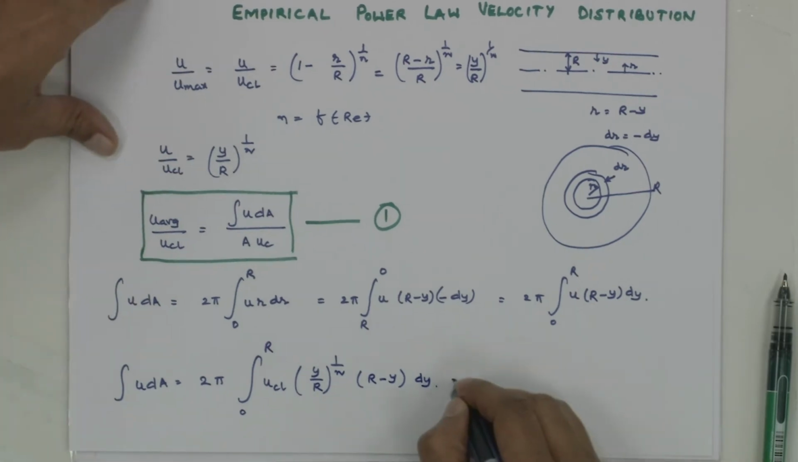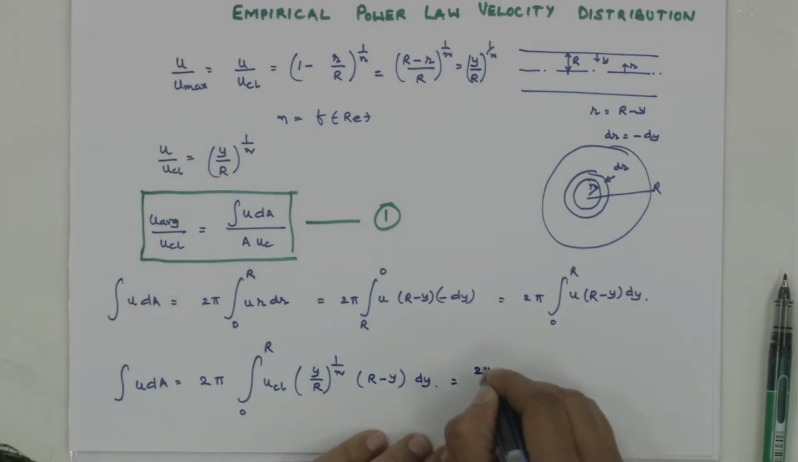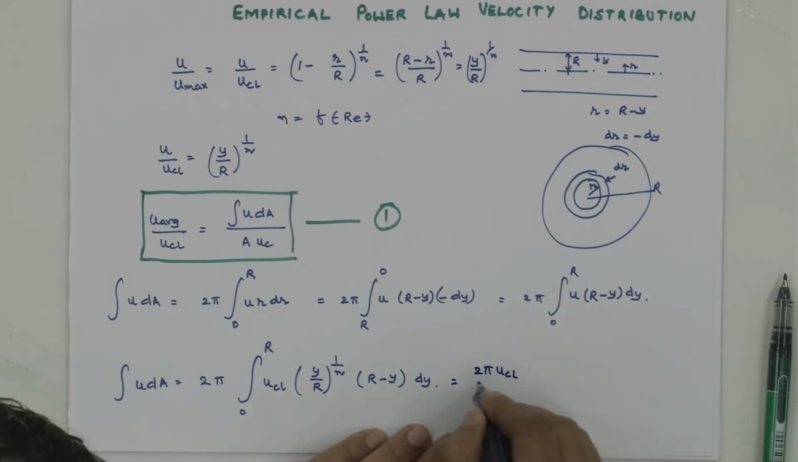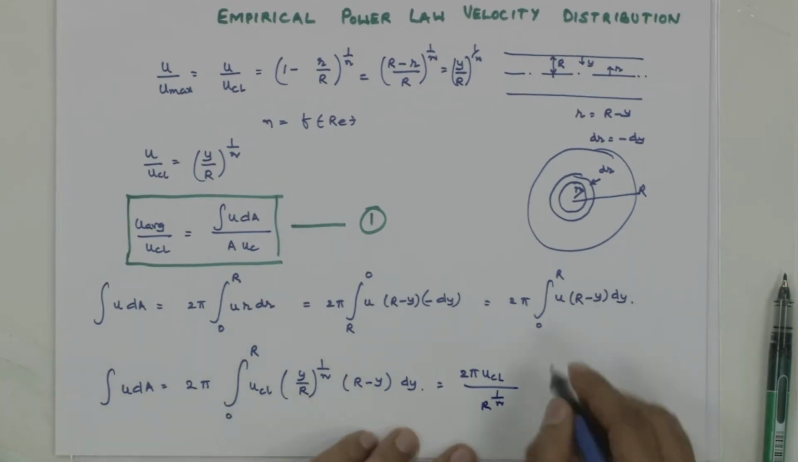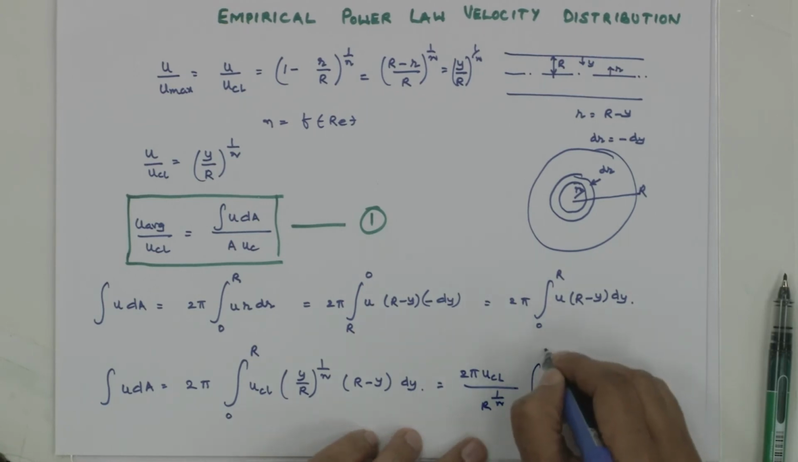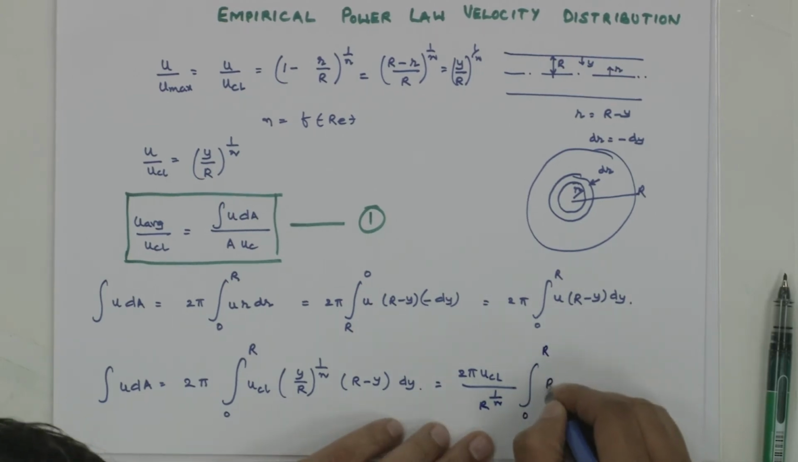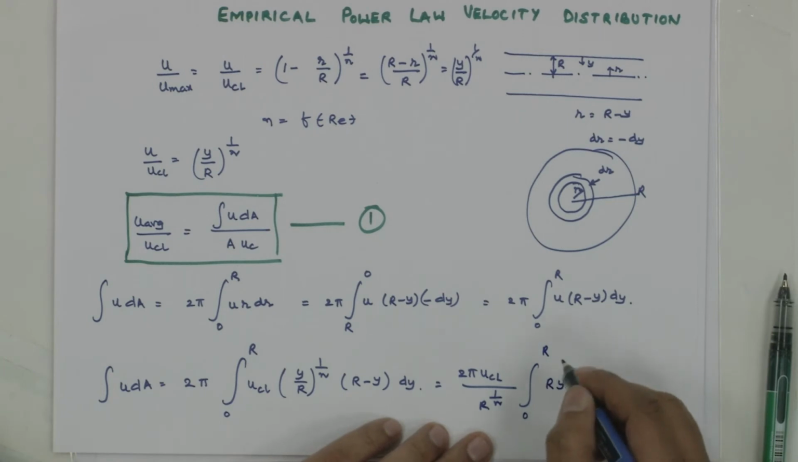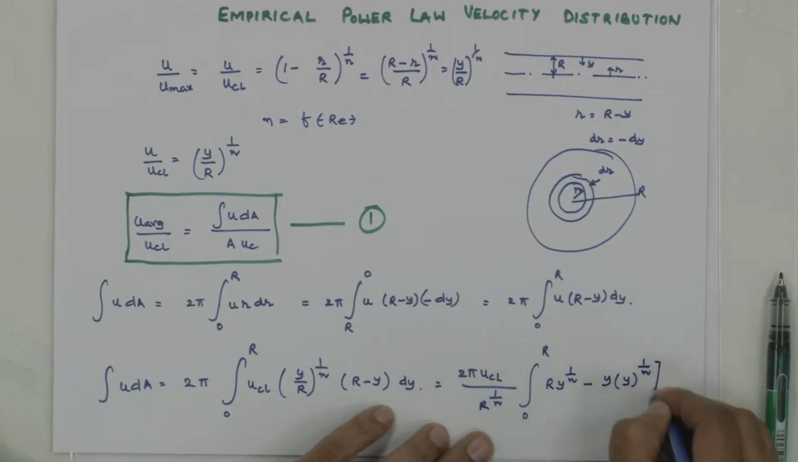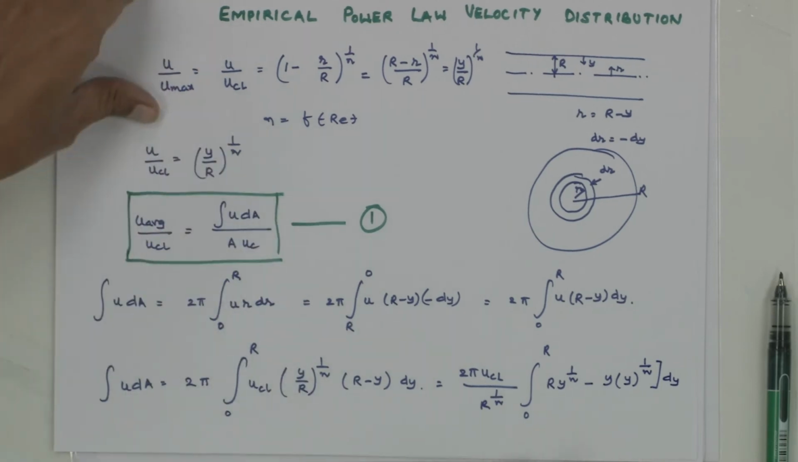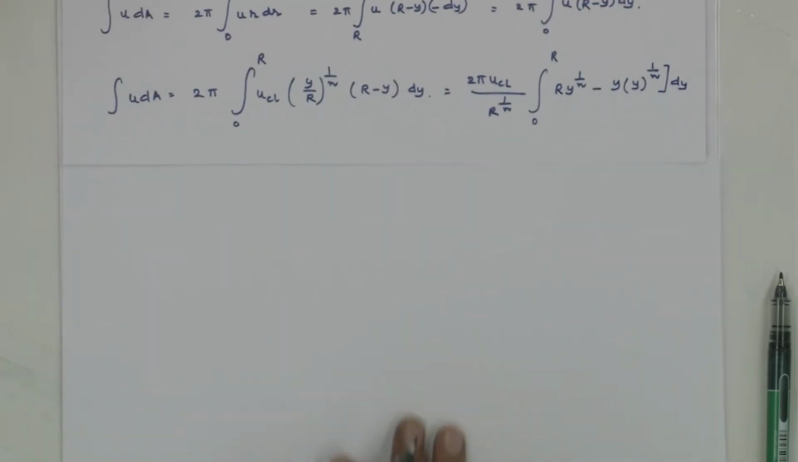Now, this is equal to 2π. u_centerline I can pull out, and r^(1/n) also I can pull out. So, I get ∫ from 0 to r of r y^(1/n) minus y into y^(1/n) dy. This is what I get. So, now continuing this,